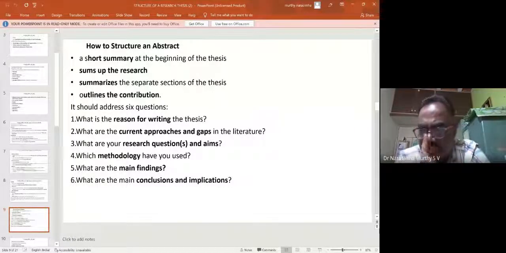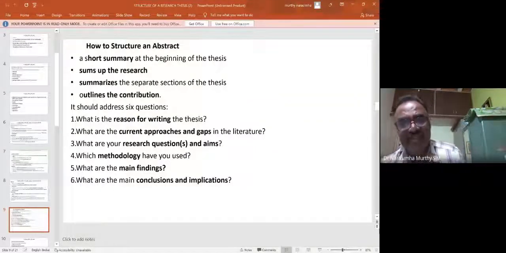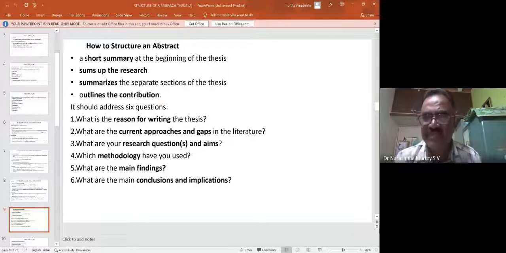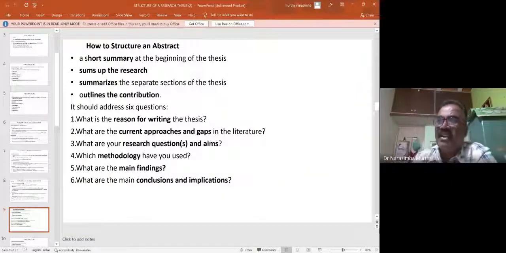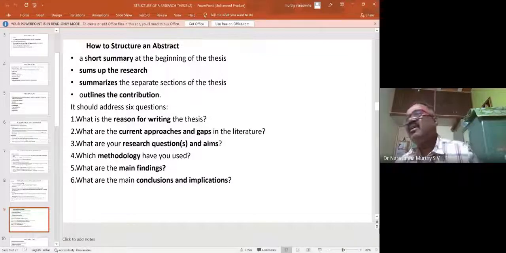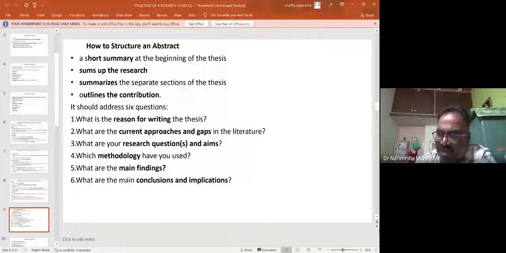So, the structure of an abstract, remember these things. The first thing is the reason for writing. The second is current approaches and gaps. Next, research questions and objectives or aims. Next, methodology. Then main findings, and finally conclusions and implications. So this is how you should structure your abstract. Not only for structuring the thesis, even in the thesis, this is how to structure an abstract. This will help you to make your point very, very clear. Remember,